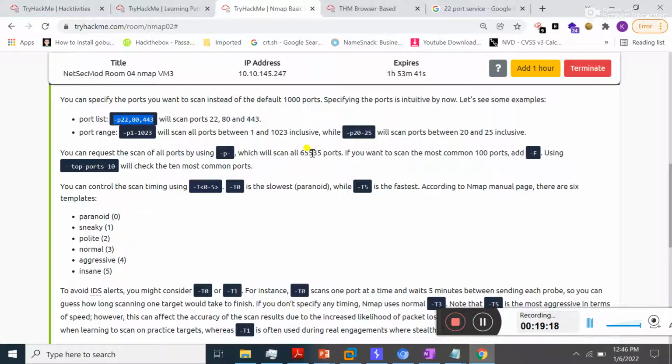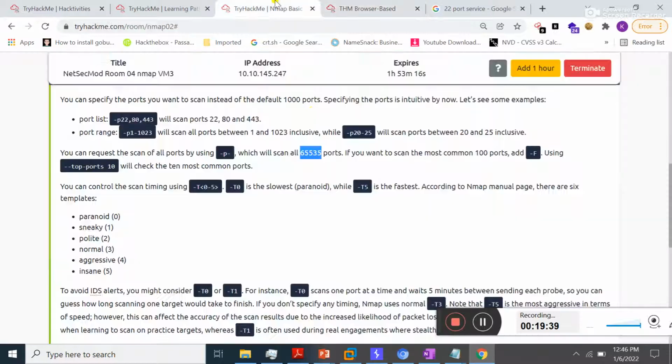The total number of ports is 65,535. If you want to perform a full port scan, you can use this switch. Type nmap -p-. This switch means that Nmap performs a full port scan, that is, all ports of the target machine will be scanned.